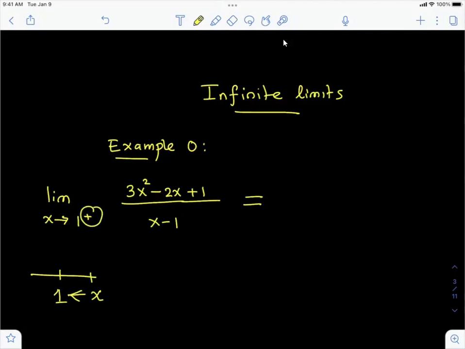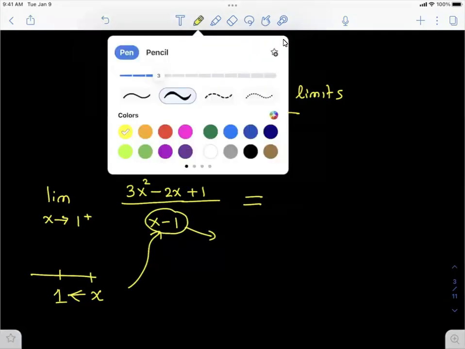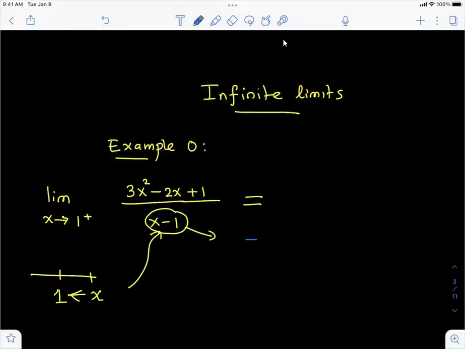That is the meaning of this plus, superscript of plus, right? So when you consider this scenario geometrically, you can see x minus 1 is always going to be a positive value. So it's going to be a positive value, but at the same time, x is going to 1. So therefore, x minus 1, the difference between these two values will go to 0, and it's going to 0 as a positive value. So what happens to the denominator is a quantity that goes to 0